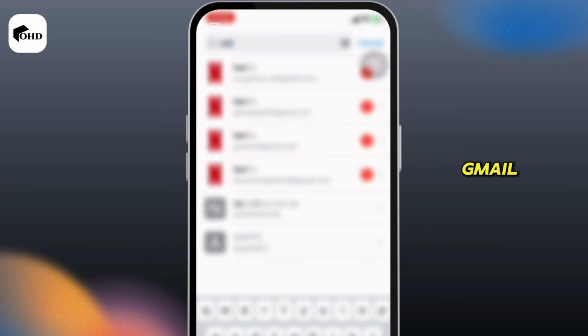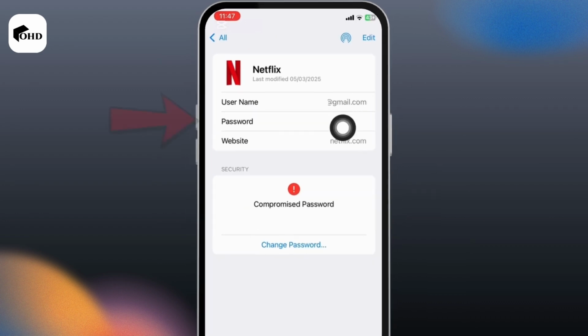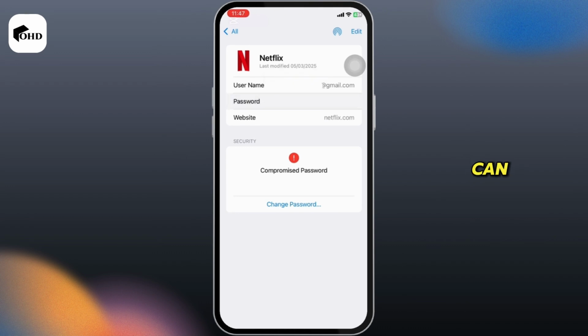Move into any of the Gmail accounts that you want to look up the password of. Now click on password. And there you go, the password will be visible to you. So this is simply how you can find the password of